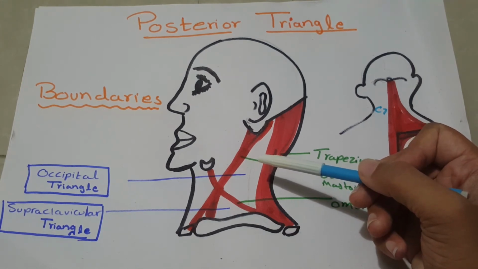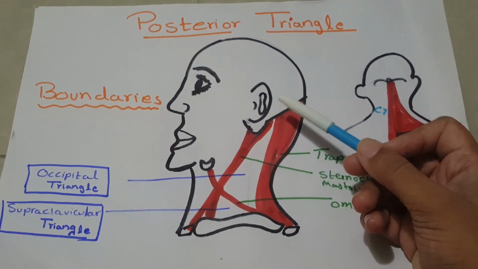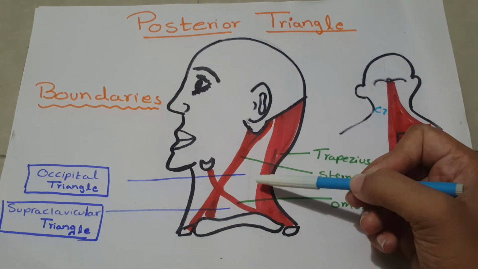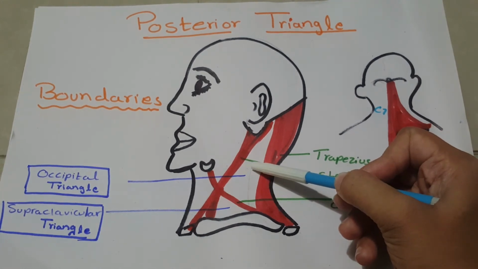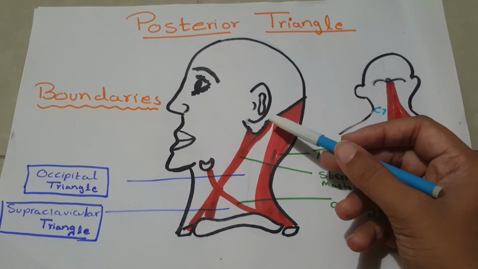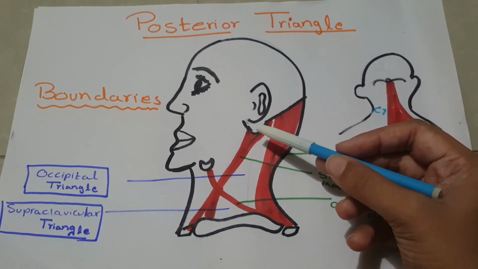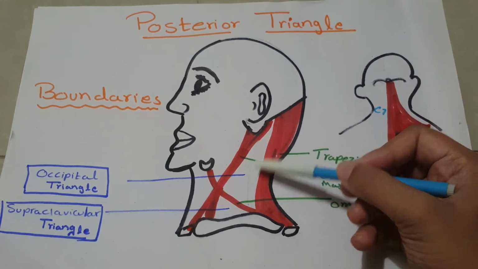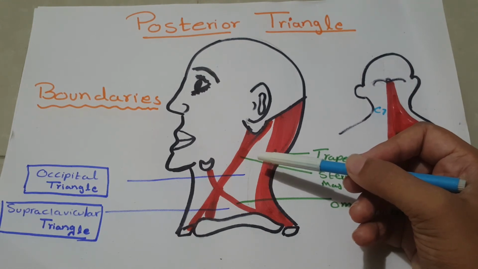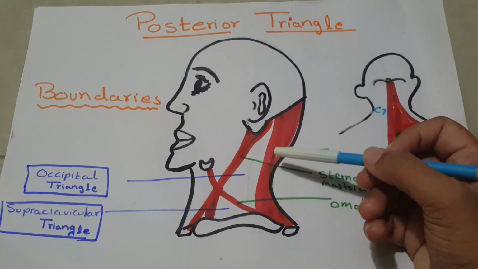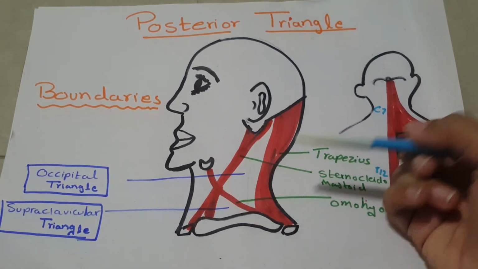Roof of the posterior triangle is formed by skin, superficial fascia, deep fascia. So superficial fascia contains platysma muscle, external jugular vein, and also four cutaneous nerves that we have discussed before. These are supraclavicular nerve, greater auricular nerve, transverse cutaneous nerve, and lesser occipital nerves. There are also some arteries that arise from the occipital and also transverse cervical arteries. Lymph vessels also are present in the superficial fascia that basically pierces the deep fascia to end in the supraclavicular lymph node. So these are the boundaries of the posterior triangle.